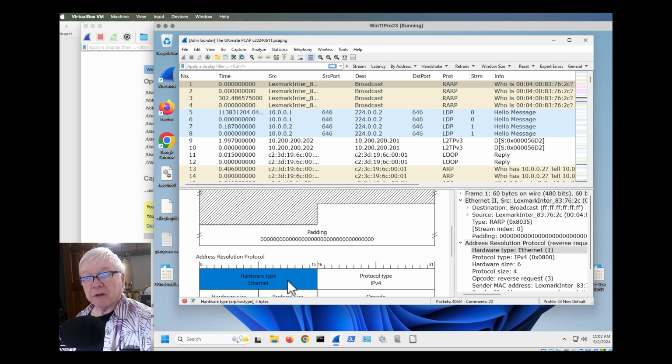And then by clicking on that spot in the Address Resolution Protocol packet section, I can see what the field names are here, and I can see the values here as well.